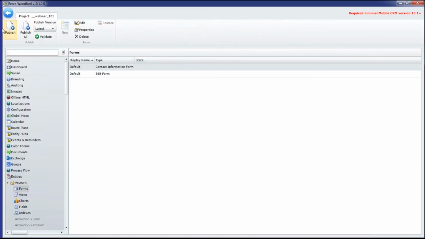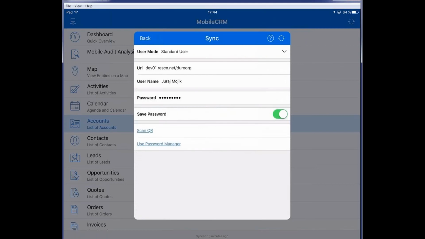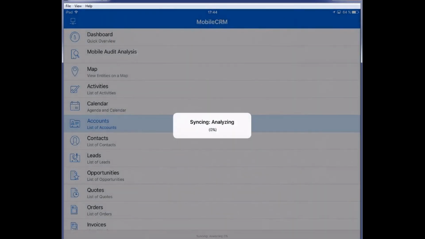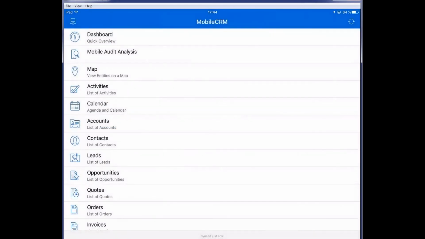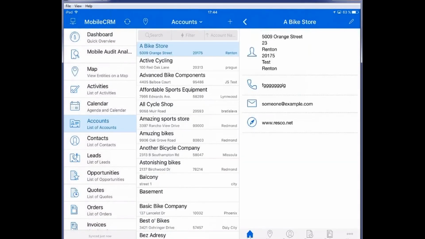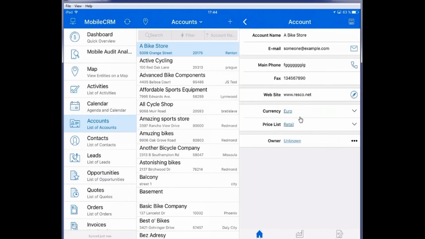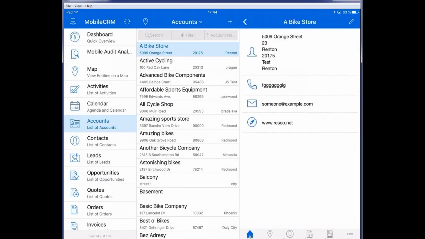So this is it, very simple, just checking if the roles contain a specific role. And I can go back to my iPad, synchronize with my user. And if I open accounts, you can see that the owner field is here. And that's because my user is a sales manager. That was a quick demo. So I'll just conclude the rest of the presentation